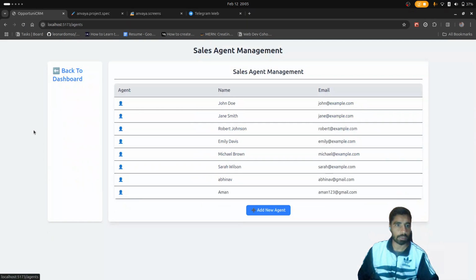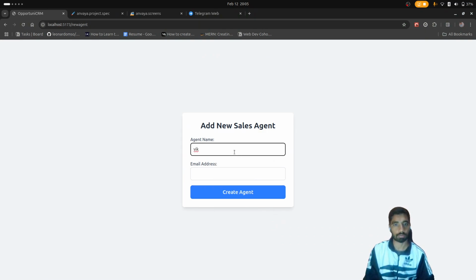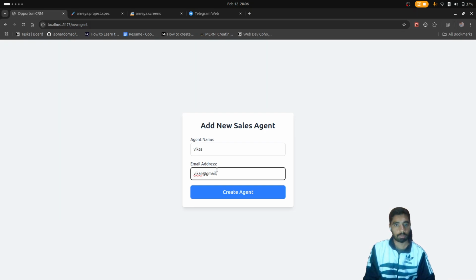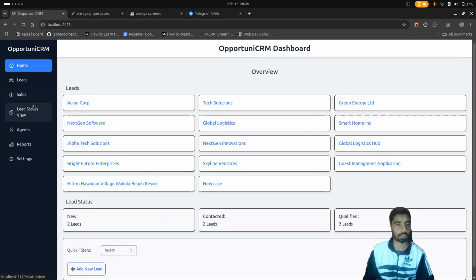Let's see our agent page. The agent page will show all the agents that exist in our app. Also we can add a new agent. Create agent, and if we check, it will show new agent added successfully.